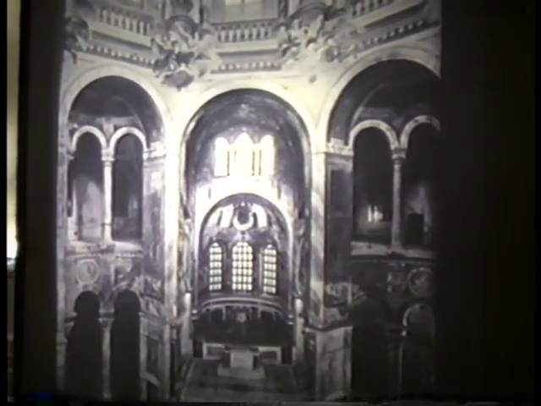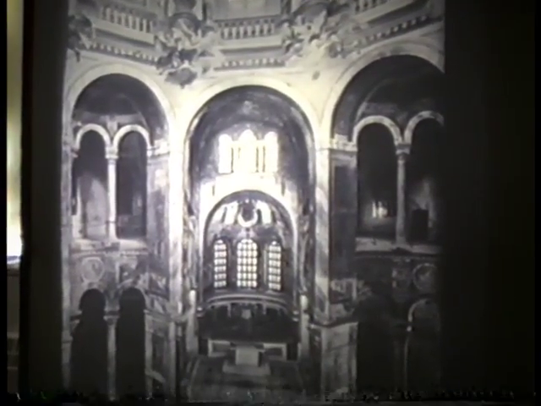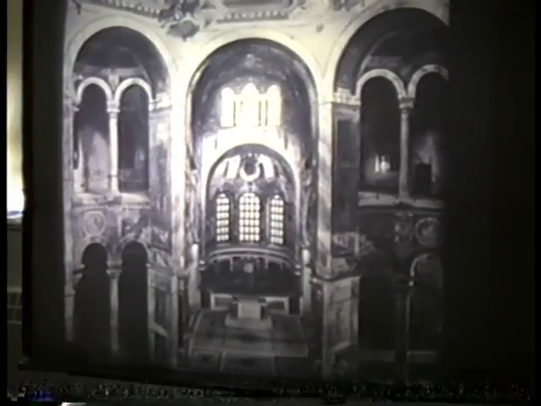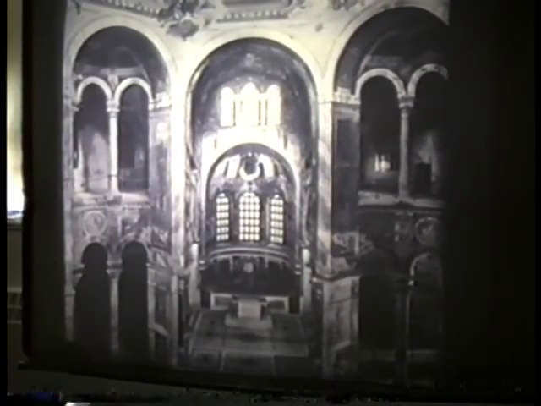As you look toward the altar end of the church in a black and white photograph, you see what a difference the splendor of the inside is in contrast to the exterior. Slide, please. And in a color picture, these glittering mosaics, with each little surface of the tesserae, or each little individual square stone of brilliantly colored glass, reflect light in many different directions. The color is still as strong today as it was in the 6th century.